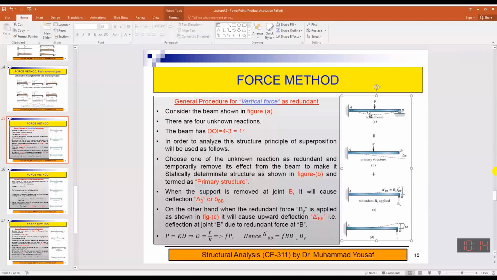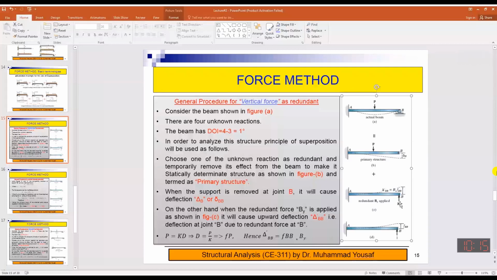Now, if I break this beam into two parts, I convert it into the primary structure. What are the properties of the primary structure? A primary structure is a structure that is stable and determinate in nature. So this one, plus the reaction that was removed, isolated, separated,